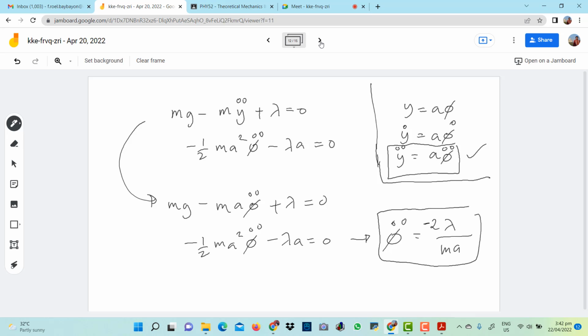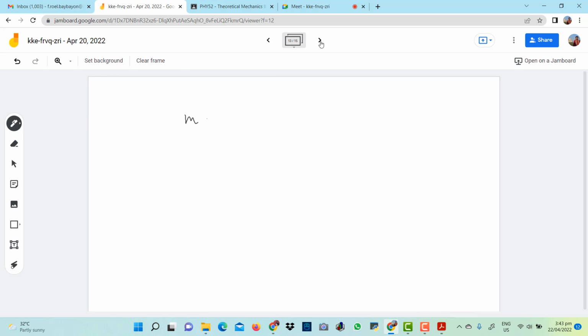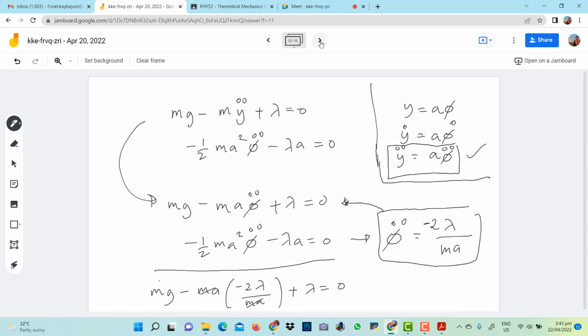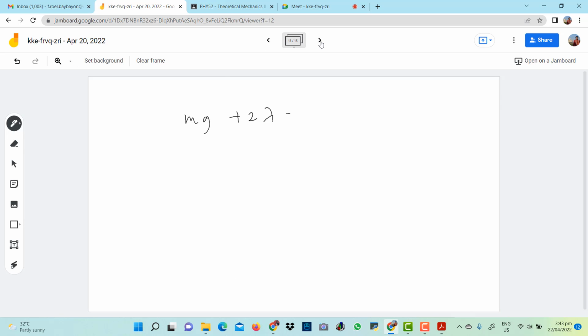And then I substitute this one there. Minus m g times minus 2 lambda over m a plus lambda equal to 0. Okay, equal to 0, so the m cancels out. Minus minus is plus, so plus 2 lambda plus lambda equal to 0. So 3 lambda minus m g equals 0, therefore lambda is equal to 1/3